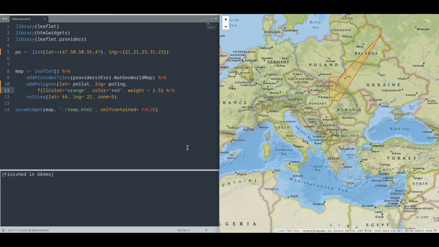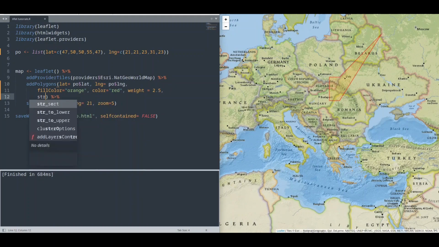All right, and if you want to remove this bordering line completely, we can say stroke to false. Save it, run it. All right, but I'm going to remove this argument or set it to true in order to get our line